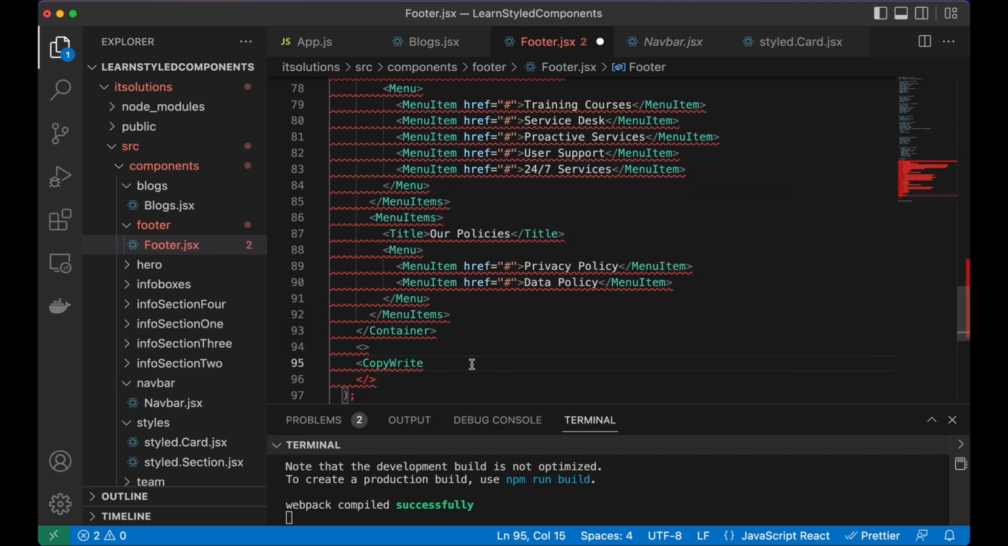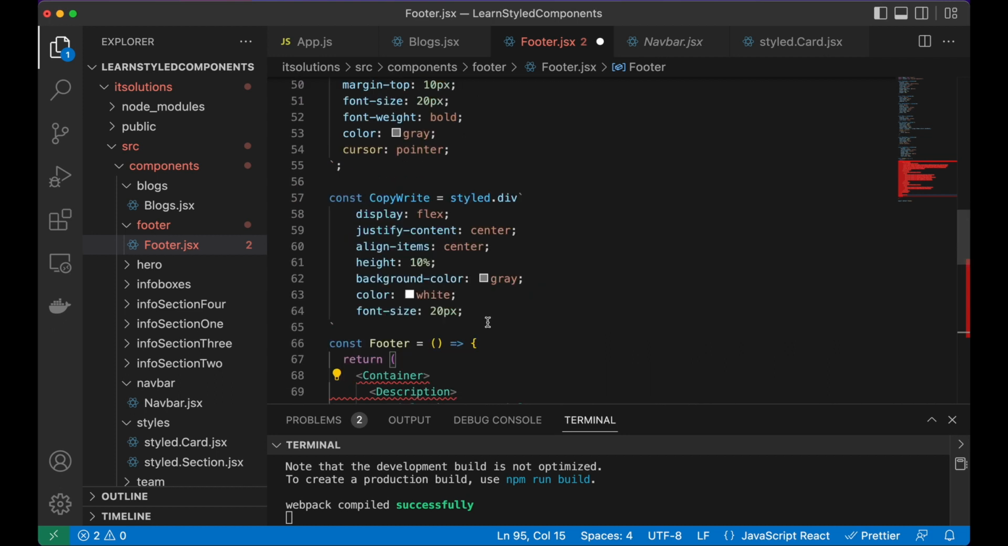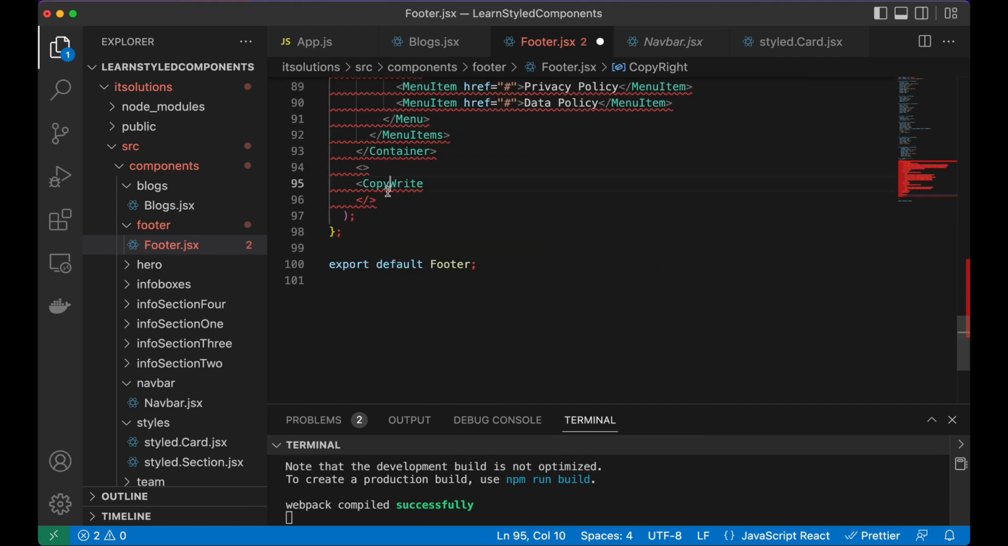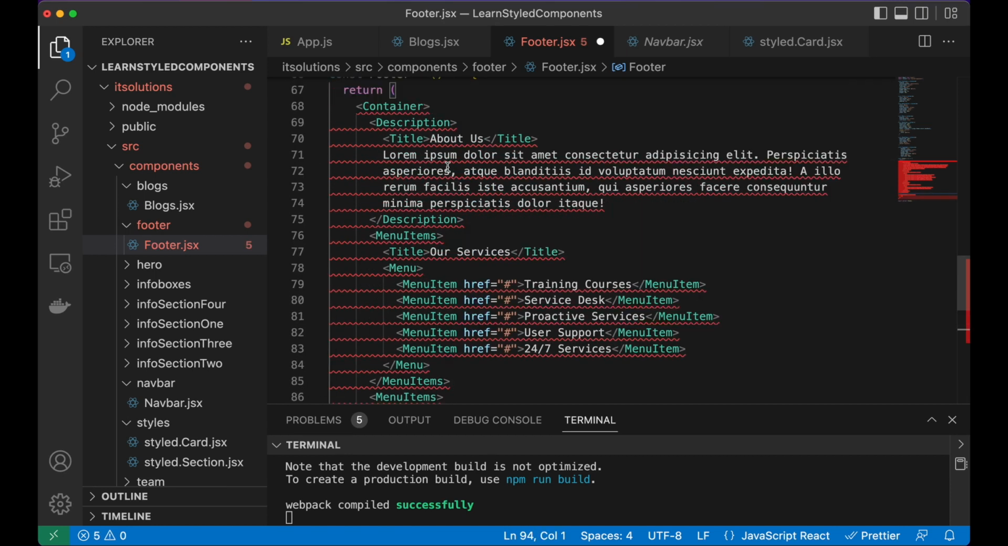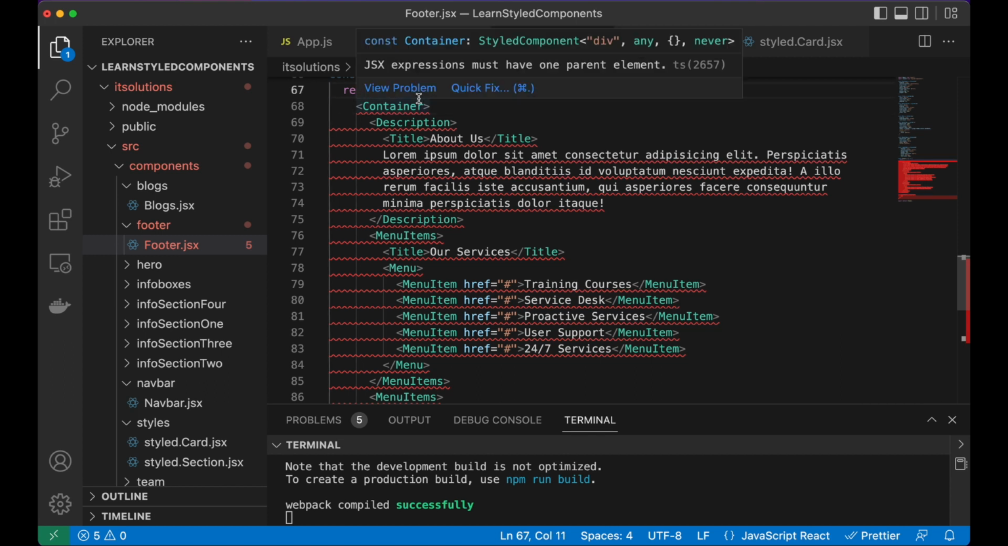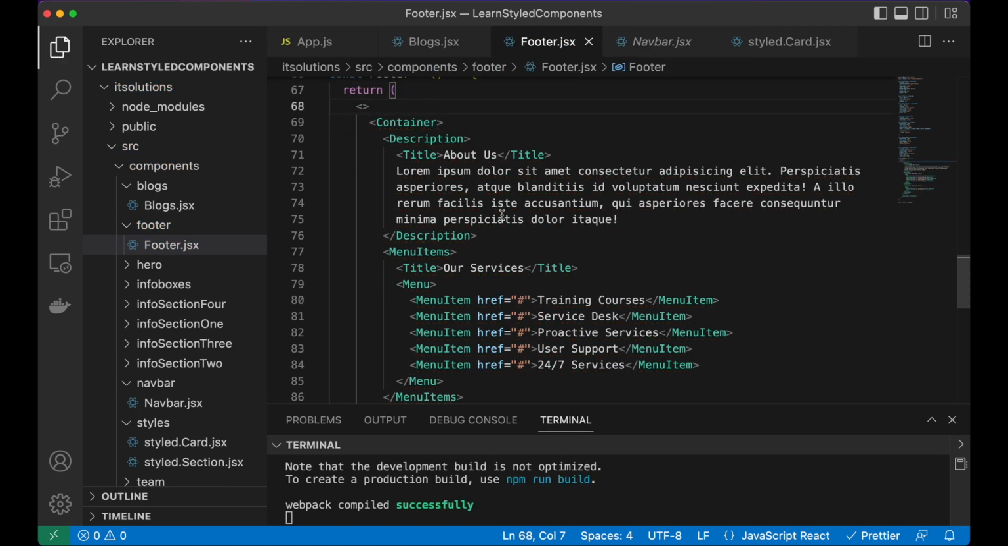And I have misspelled the copyright, so let me correct this. So here it will be copyright and not right, like this. Let's use this here, like that, and then we need to use the fragment just above the container, so we cover everything here like